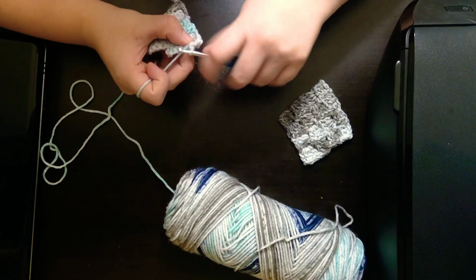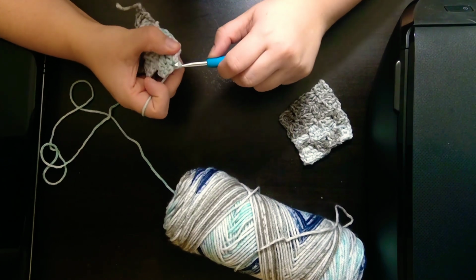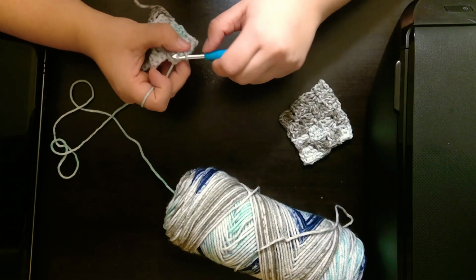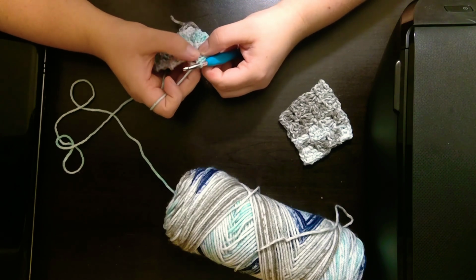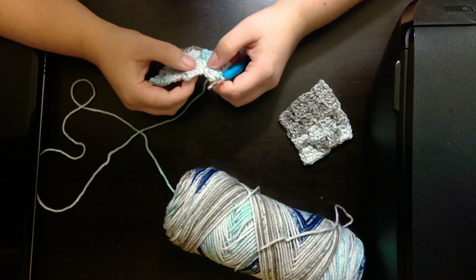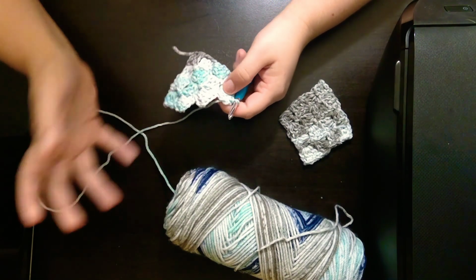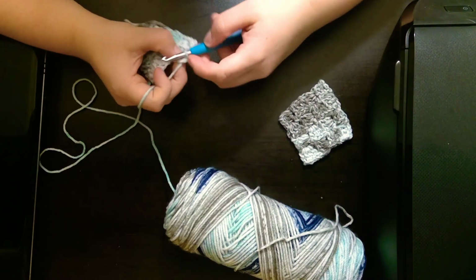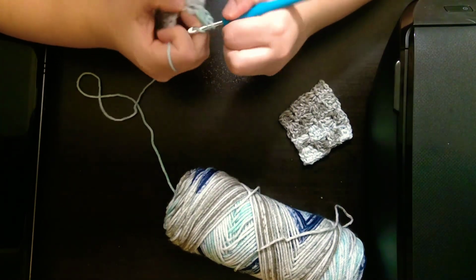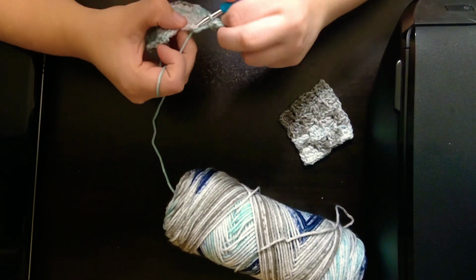So we're just going to turn our work, do a slip stitch into that very first space, and one more, and then we're going to do the slip stitch into the space between the 2 posts of the stitches. All right, so now we did 3 for that one. We went 1, 2, 3, and 4. So with the decreasing, obviously you are losing a block every time. So we are going to go ahead and do a chain of 3, work the block like normal, do the 3 doubles, and anchor it,